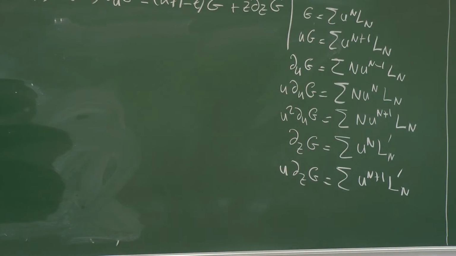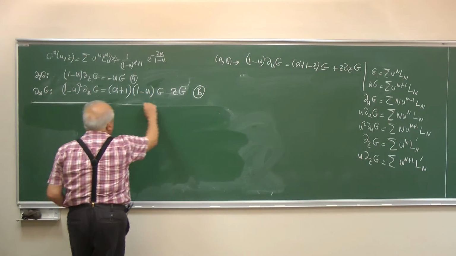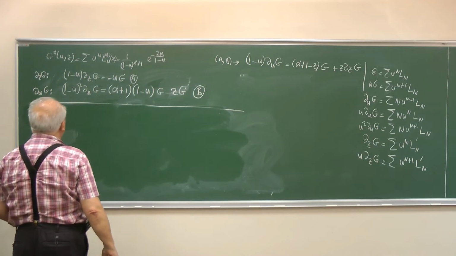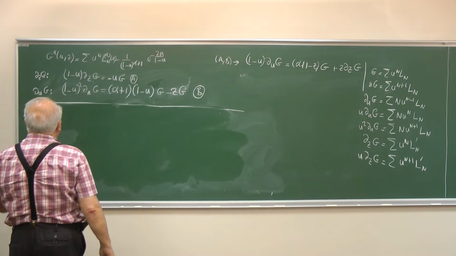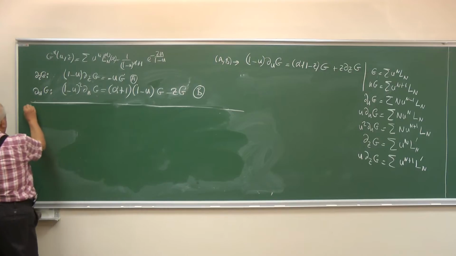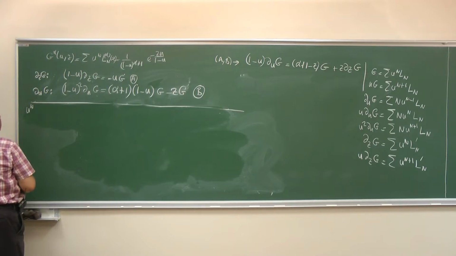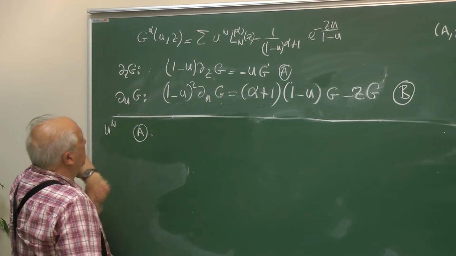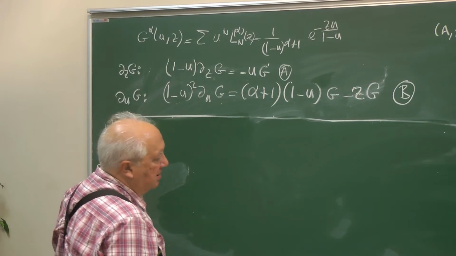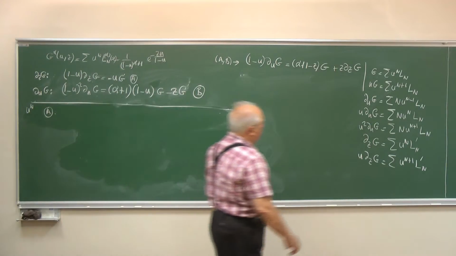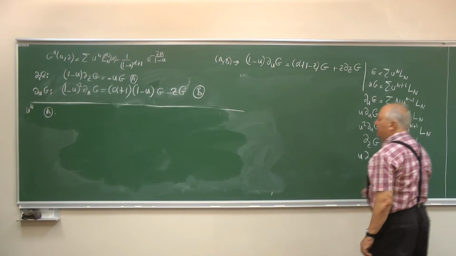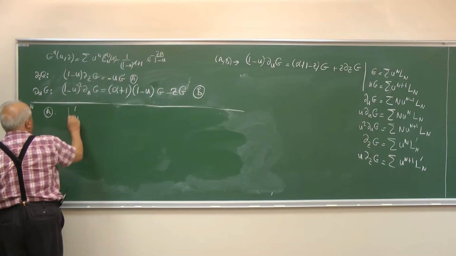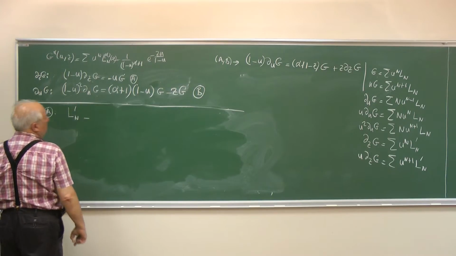Now we can read off the relations between different Laguerres like this. I am looking for the coefficients multiplying u^n. So I'm using A now. Here, delta z G, I'm extracting the coefficient of u^n. So that's L_n prime minus